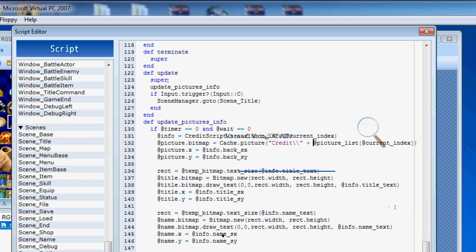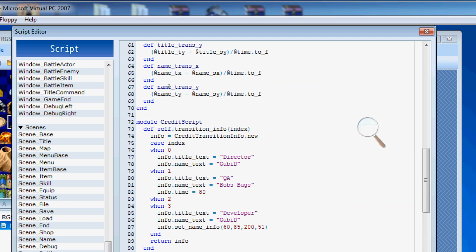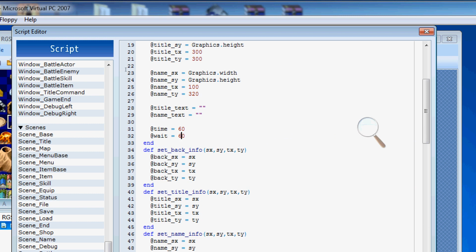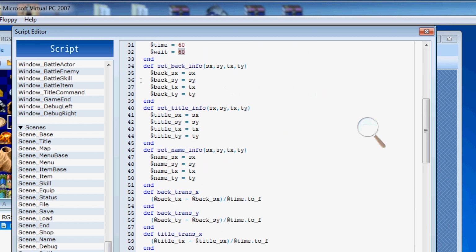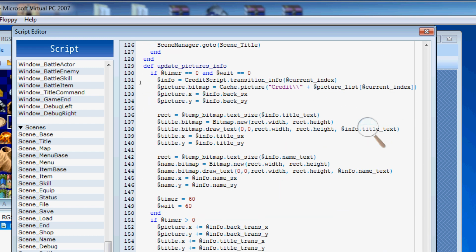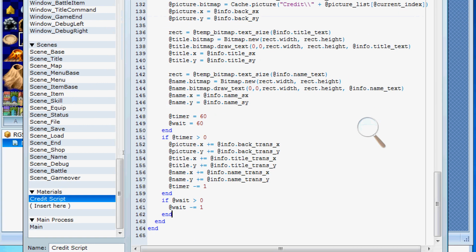Let's go ahead now and let's see, did we set a wait time up here in this as well? We set the default wait to 60 and we never set it anywhere else, so that should be fine. Let's go ahead, come down here to the bottom, and then we just put if wait is equal to 0, which is the only time this will ever be a situation, in which case, you know what, actually there is